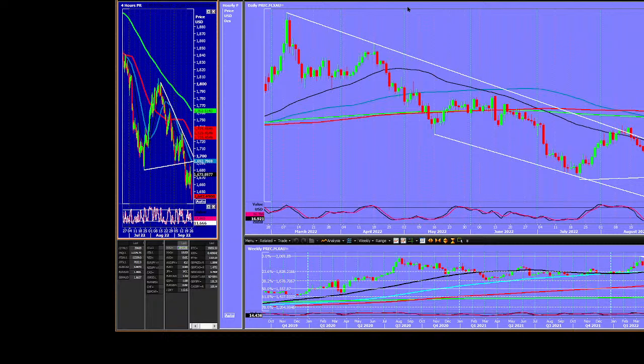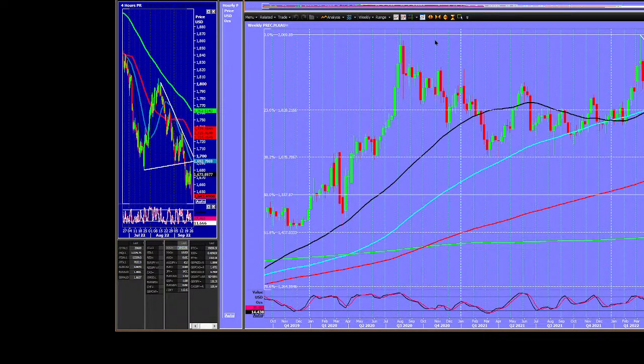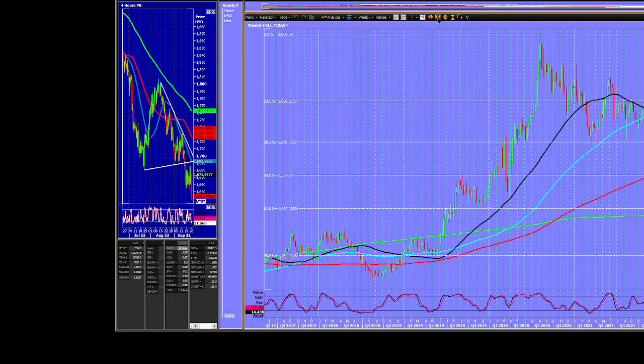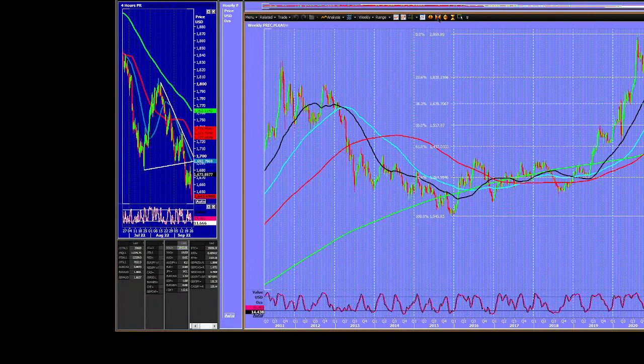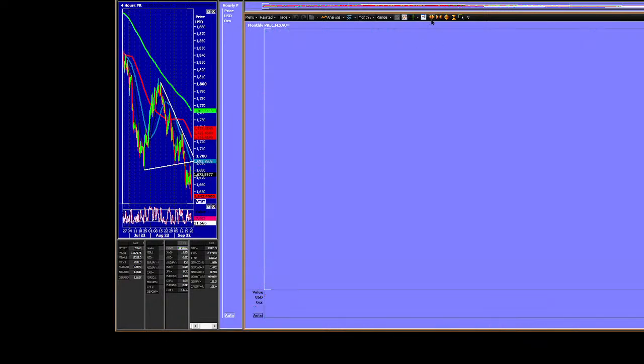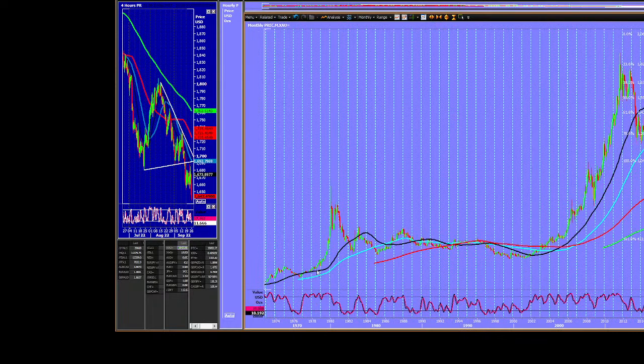Okay, right, here we go. I'm going to start talking now. Okay, gold. Now, I'm going to run through this real quick because most of you already know that gold has a very large double top pattern there on the weekly chart. It's very relevant because gold has been in a long-term bull trend since the turn of the century, I think, if I'm not wrong. Well, a lot longer.